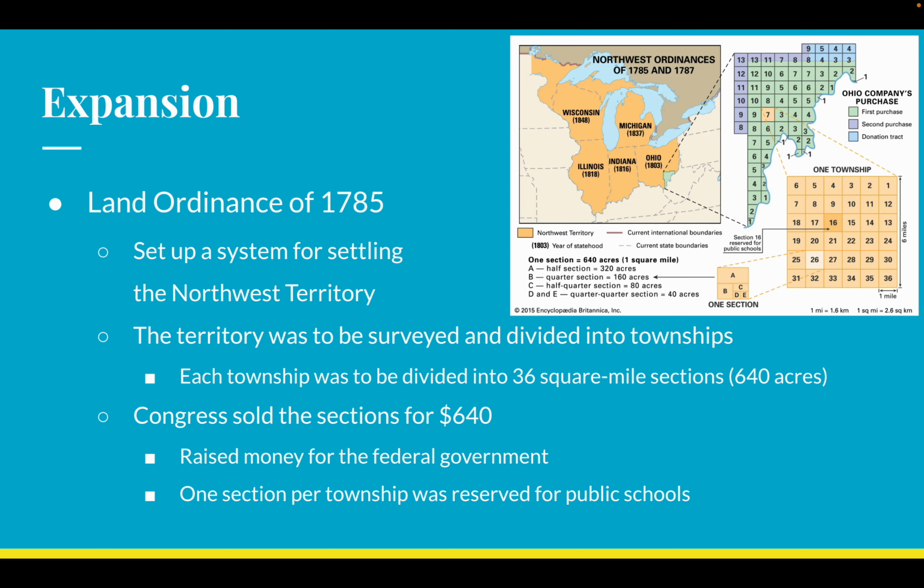Also, one thing I want to mention too, not every section was available for sale. What I mean by that is certain things were reserved. So you'll notice on this image it says section 16, this section is reserved for public schools. Now, why would they choose Section 16? Why not 1 or 27 or 35? Well, they chose 16 because it's in the middle, and they want everyone to have a relatively quick commute to school, right? 16 is in the middle, which means everyone kind of, for the most part, has an even walk to school or ride to school or journey to school.